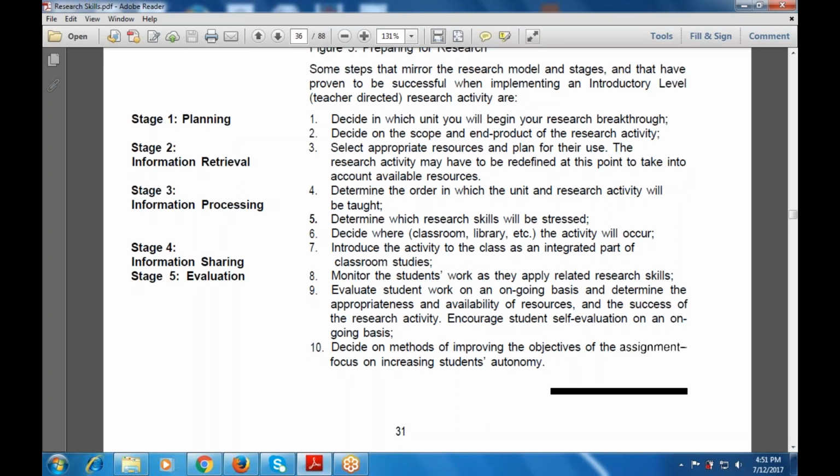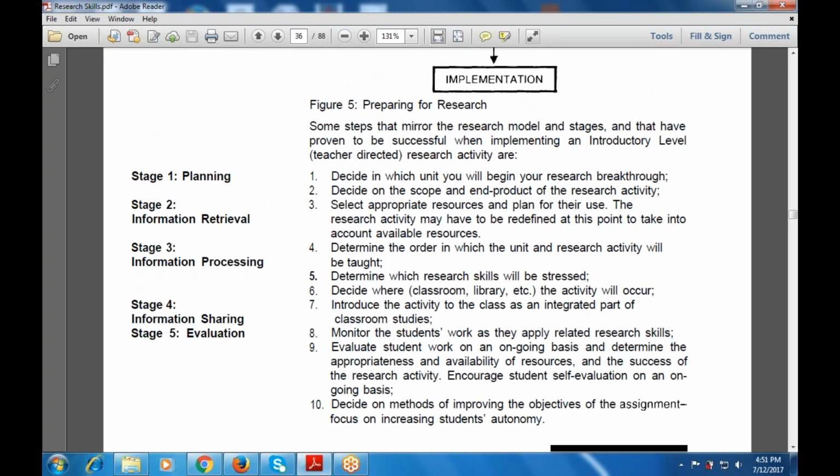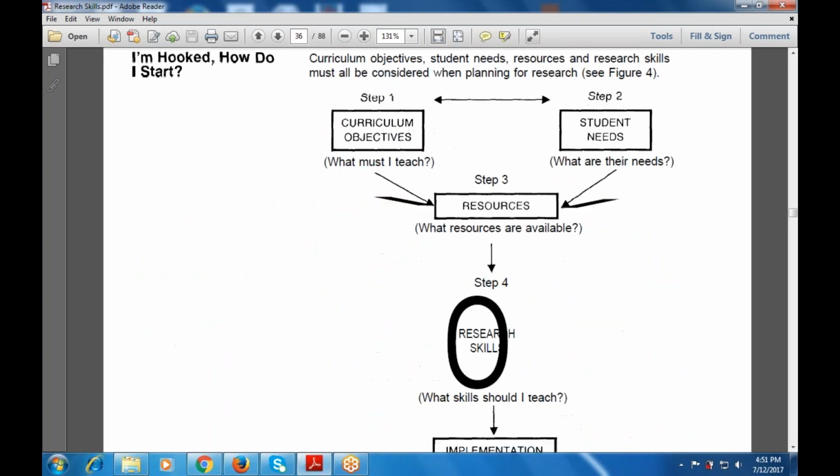These are the 5 stages that must be used in preparing for the research. These stages will be